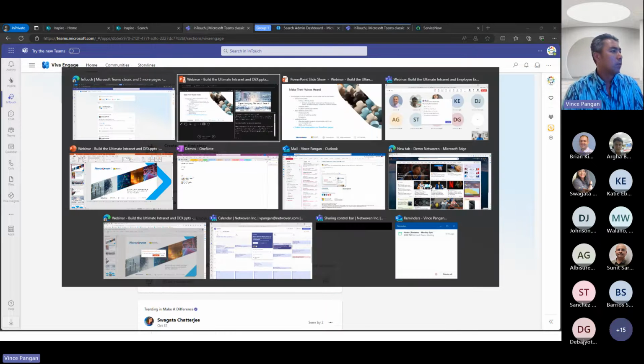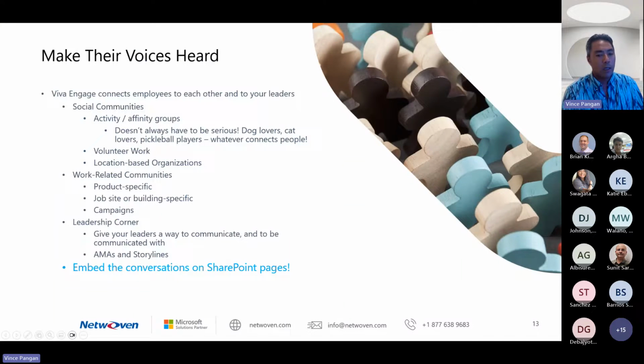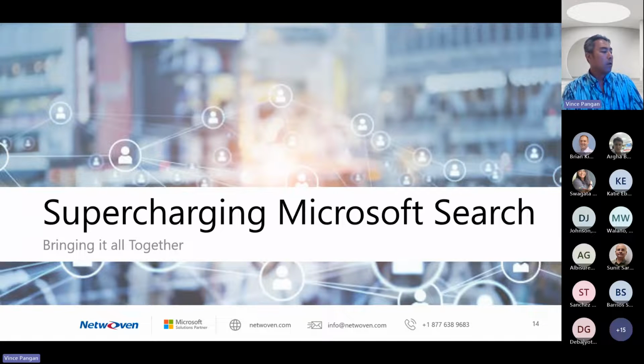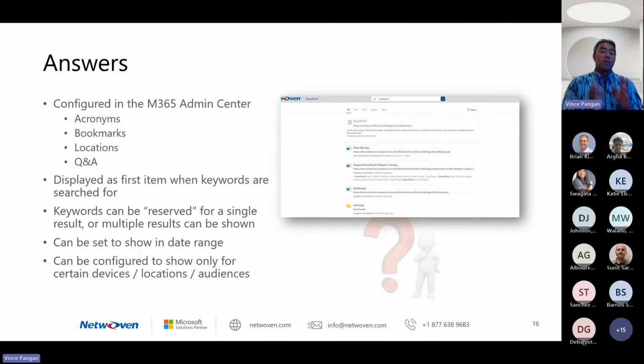Okay, now I really wanted to spend a lot of time here on search, right? Because this is where we're going to get the most benefit, and this is something that Microsoft has really been pushing the boundaries with. And you can make search not suck, but it requires a little bit of planning, a little bit of configuration ahead of time. The first thing we're going to go over is the concept of answers in search. And if you used SharePoint in the past, you would have had